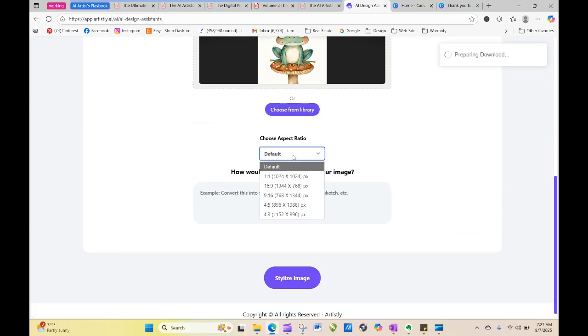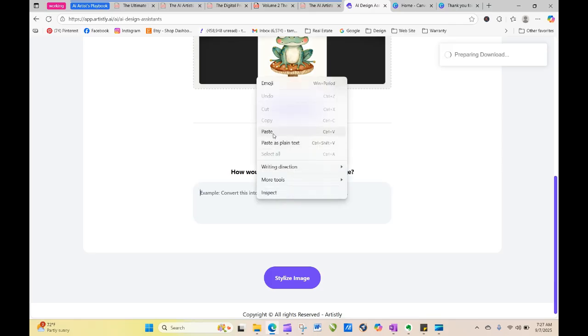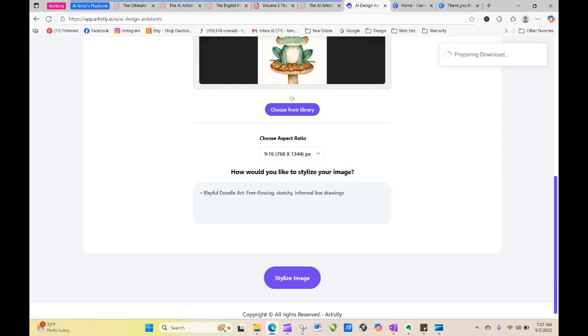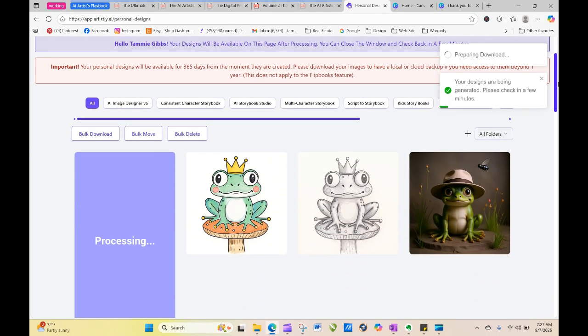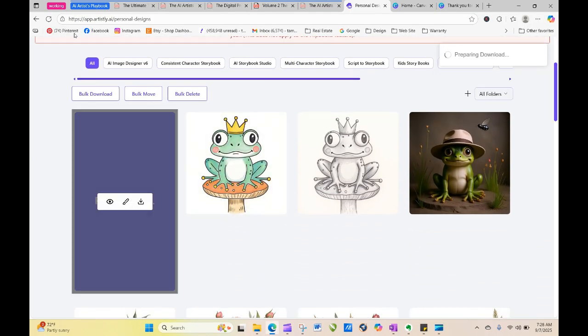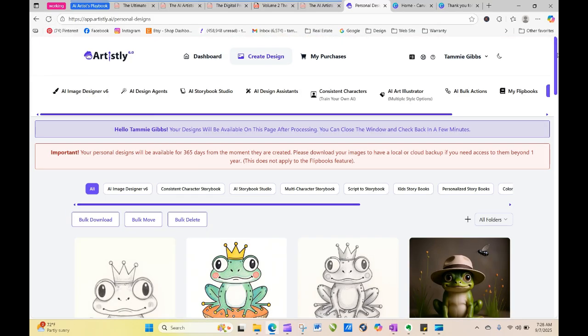But we can also change the aspect ratio. So see, we could do this, and then we could paste the doodle art in there. And we want to put convert image to. But inside the stylizer, it's going to let us change the aspect ratio. I'll have to go back and look and see if I can change it on that because I wasn't paying attention. Okay, so